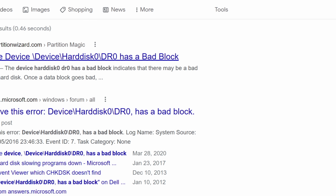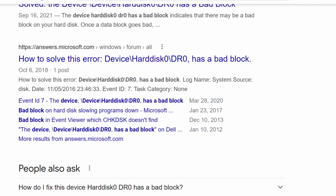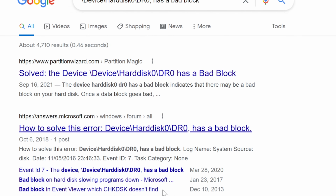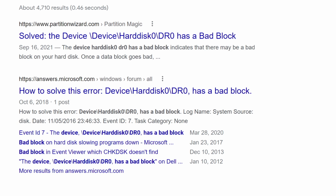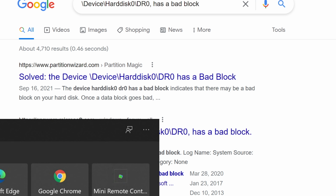Okay. So here's just some suggestions from the internet, and usually go for some of the first things that come up, and then we got here, it says, how do I fix hard drive disk? Do some of the research here if you want, but chances are that the drive itself is just physically going bad. So what we're going to do is run some commands that will possibly